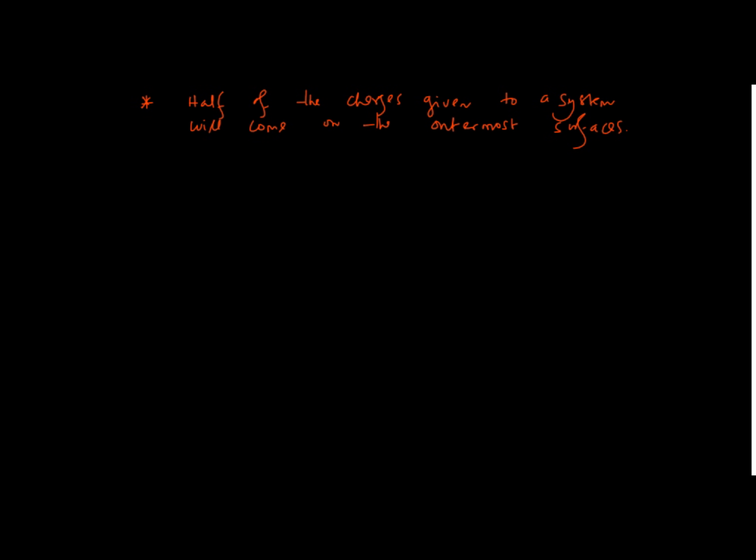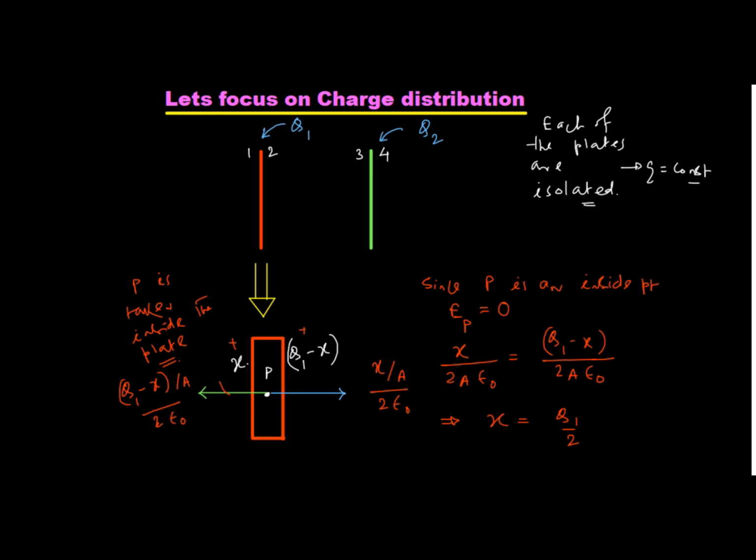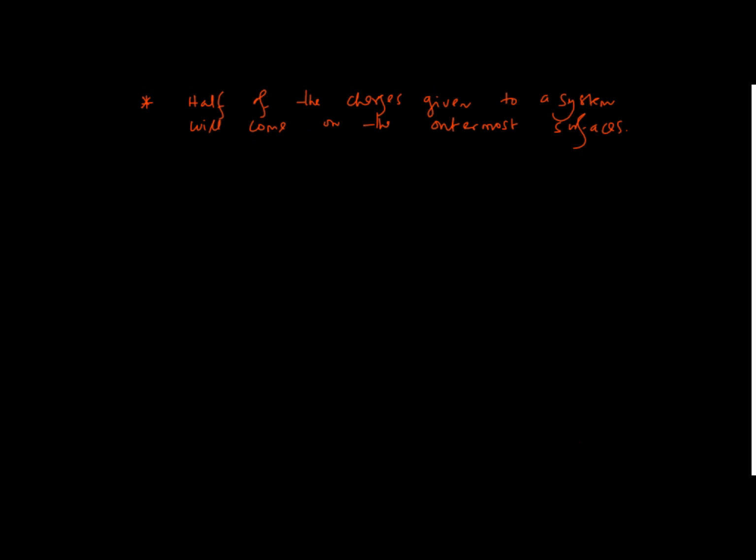Now we will go back to the original system. How much charge have you given here? The total charge given to the system is Q1 plus Q2. So if I can roughly draw the diagram over here, I will just make a rough representation. I will take this as one plate and this as the other plate. The charge given to this is Q1 and the charge given to this is Q2. So Q system is equal to Q1 plus Q2. This is the total amount of charge given to the system.